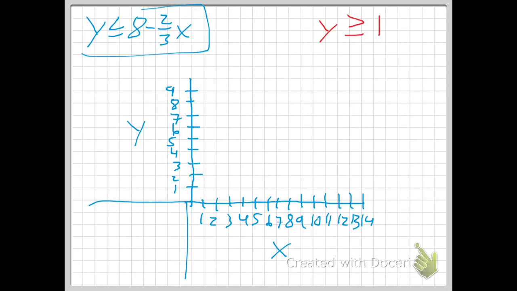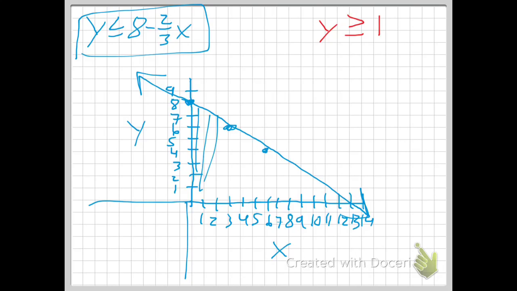Okay? So I'm going to graph this blue one in blue. It has a y-intercept of positive 8. So put a point there. And it has a slope of negative 2/3. So go down 2 as you go right 3, and you get more points. Okay, it is less than or equal to, so make that a solid line as you draw that. And like I said, it's less than, so you're going to shade below. And really, you don't need to go beyond the axes